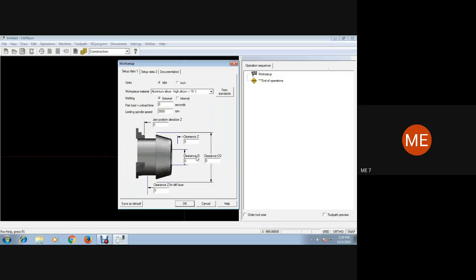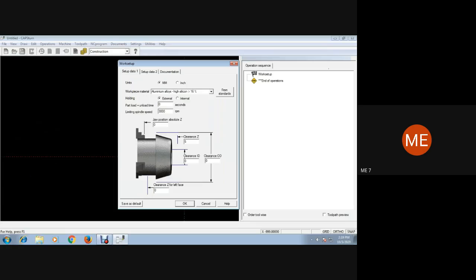This clearance inner and outer diameter is required only if there is a hole in the workpiece. You can clearly see the chuck holding the workpiece over here. The end of the chuck is the distance from the 0, 0. So here we need to enter the billet size plus some additional value.